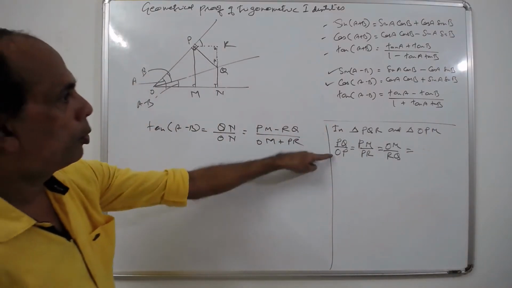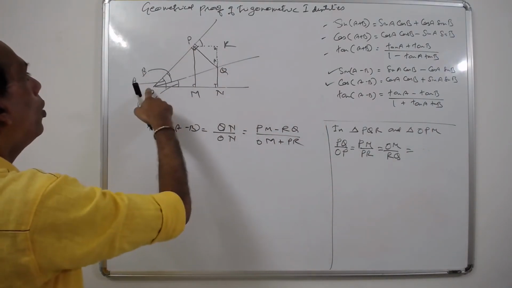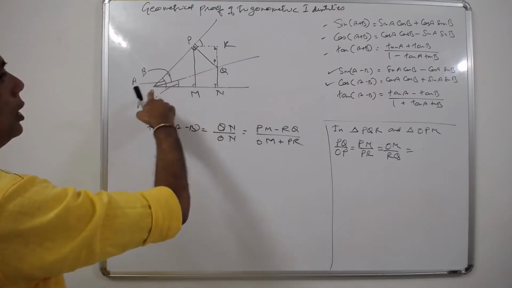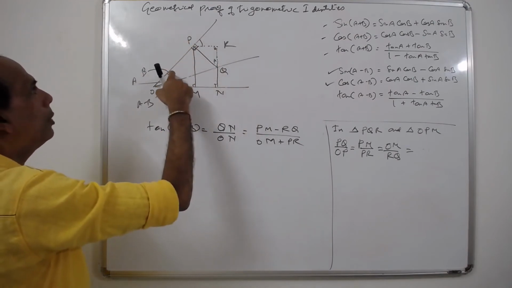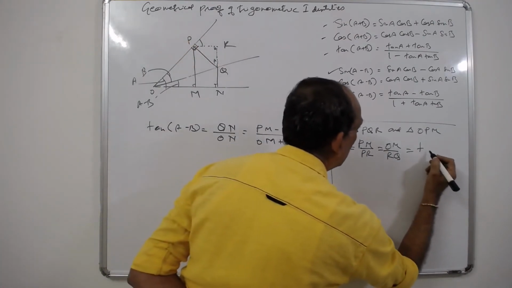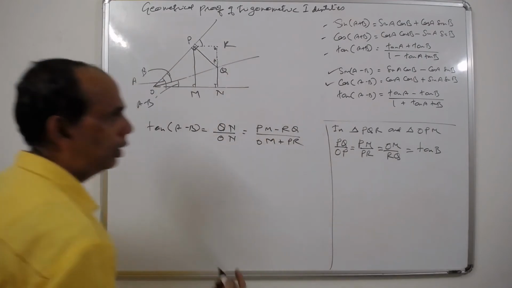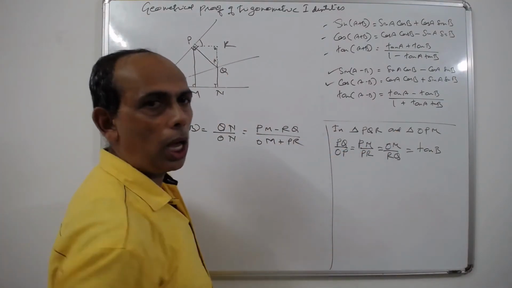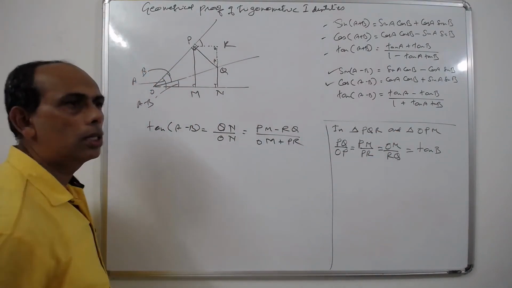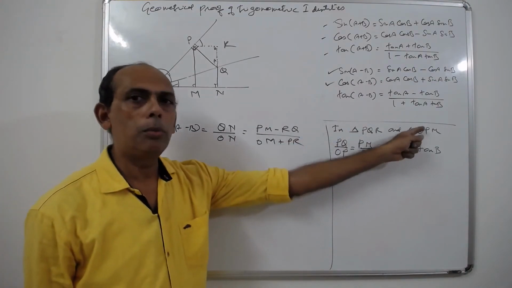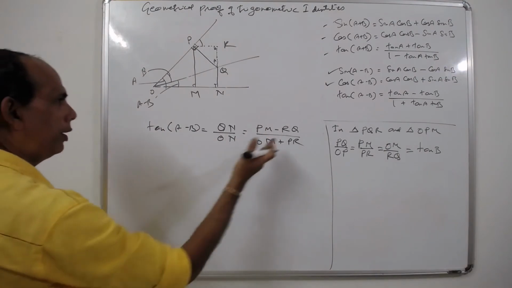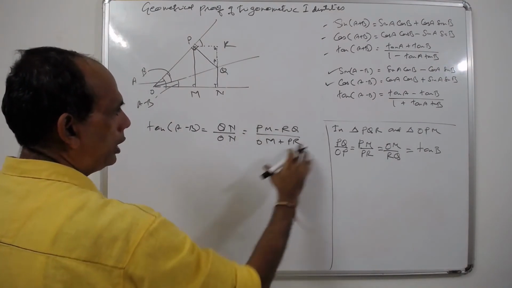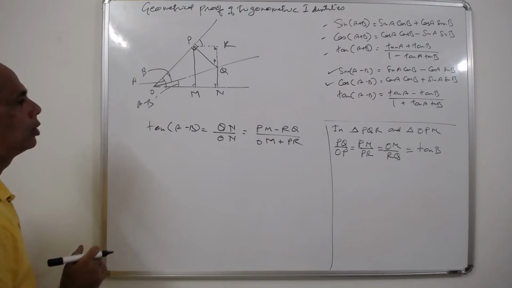Now let's see what PQ upon OP is. PQ upon OP here, that's opposite upon adjacent, that's nothing but tan B. Yes, we got that tan B. And that's also constant. See, the three ratios are also matching to tan B, and that is constant. The two triangles are similar, so the ratios are constant. So here we are back to this. Here what you do, divide everything by OM. Let's see what you get.